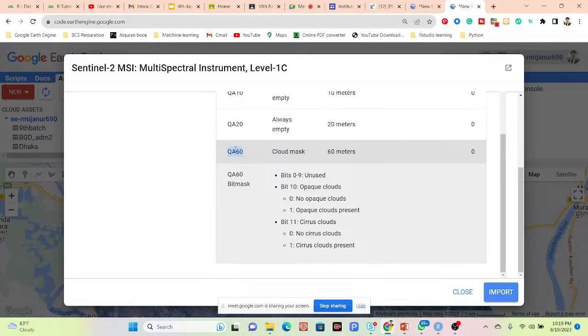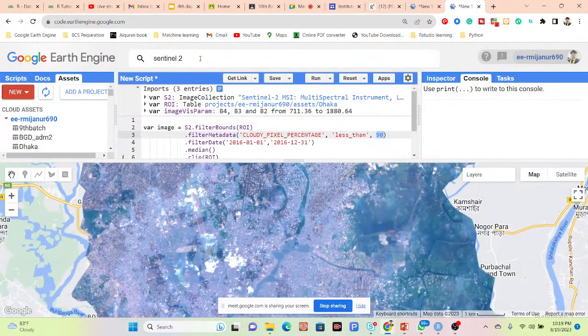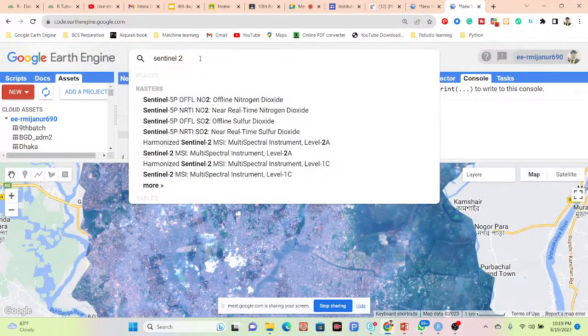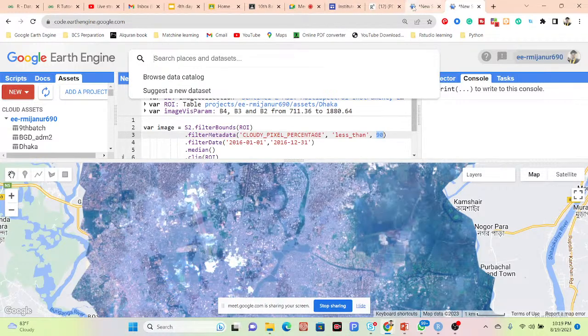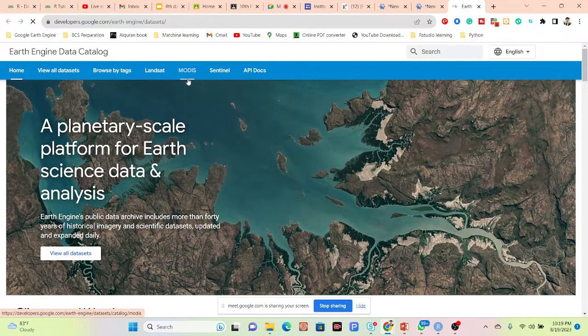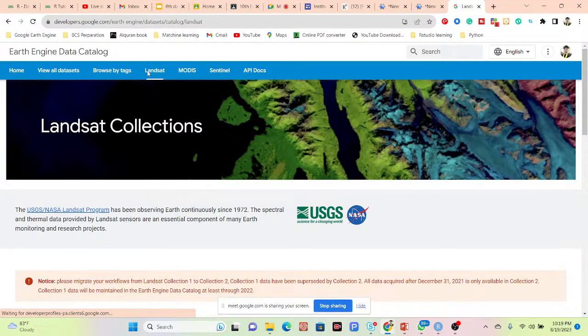Not only for that, when you want to work with the Landsat image, I also compare that. In the Landsat image, we also get the cloud mask band. It's named pixel QA. So I simply open that from the browser. I open the dataset for Landsat 8. Then we can easily compare the two datasets. You can see Landsat also has a band for the cloud mask. It's called the